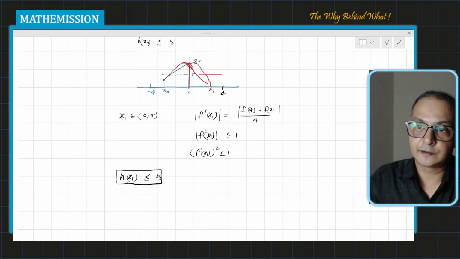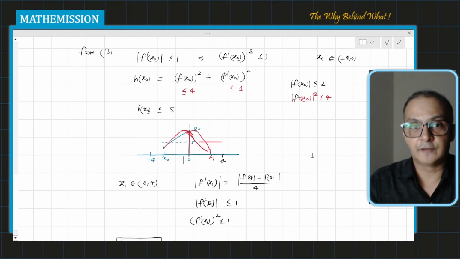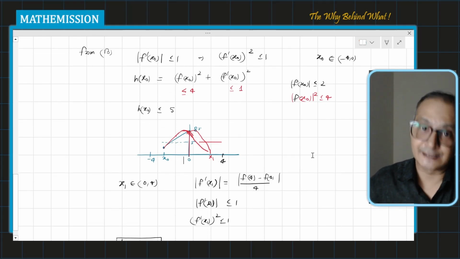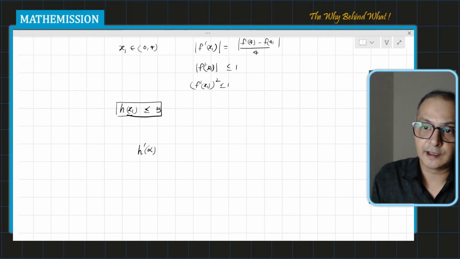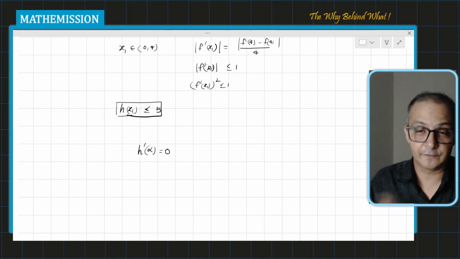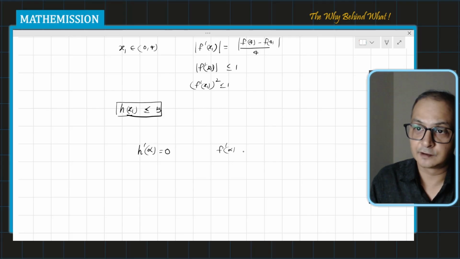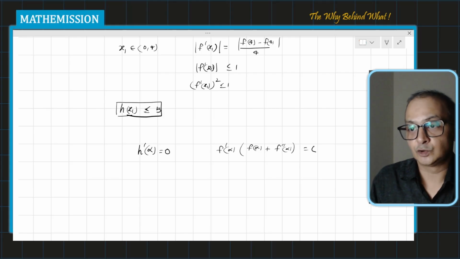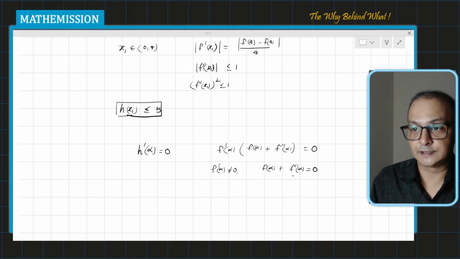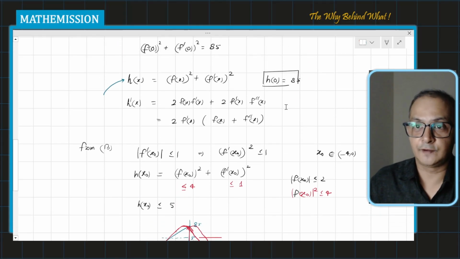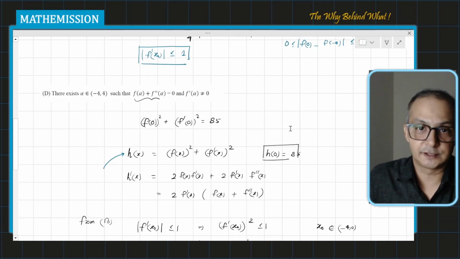But you can understand that in this process, h(x) is attaining its maximum value somewhere, and that somewhere I can assume at alpha. So there exists some alpha between -4 and 4 where h dash(alpha) is going to be 0. And so if h dash(alpha) is 0, it means f dash(alpha) times f(alpha) plus f double dash(alpha) is going to be 0. Provided f dash(alpha) is not equal to 0, I can say that f(alpha) plus f double dash(alpha) is certainly 0. And so we have such alpha with this logic, and so the answer is option D